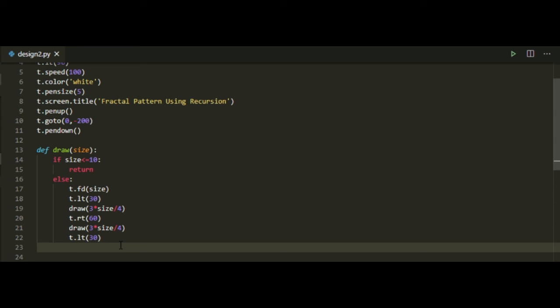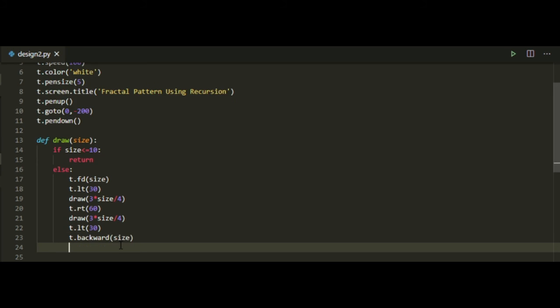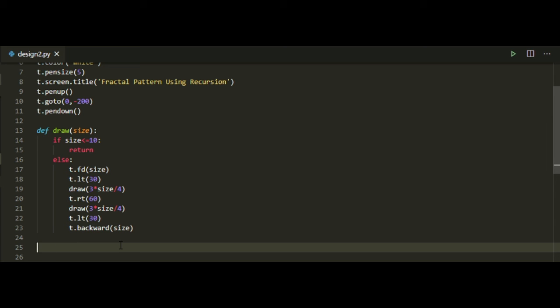Now for getting it back, we'll just write t dot backward, and we'll write size, so that it comes back the exact size, the same as when it went forward. So now we are done. Now we just have to call the function, and we'll write draw 100.